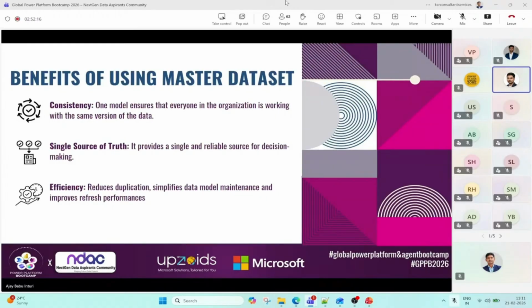The same, right? If you are using multiple data warehouse tables for multiple reports, it costs high maintenance, and whenever we pull, it will charge. For example, Databricks: every time we refresh, it charges something to the company. So all those things we need to reduce using this single semantic model, and improve the refresh performance.